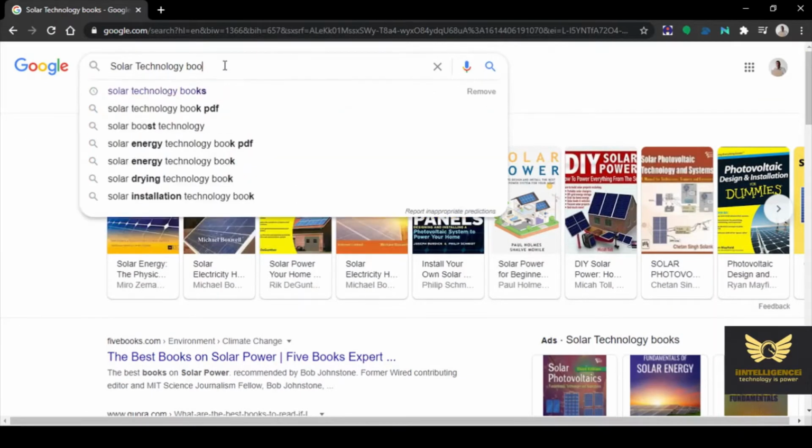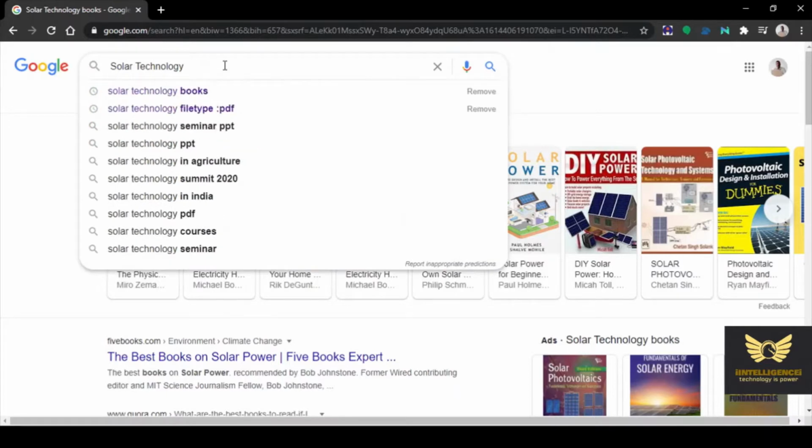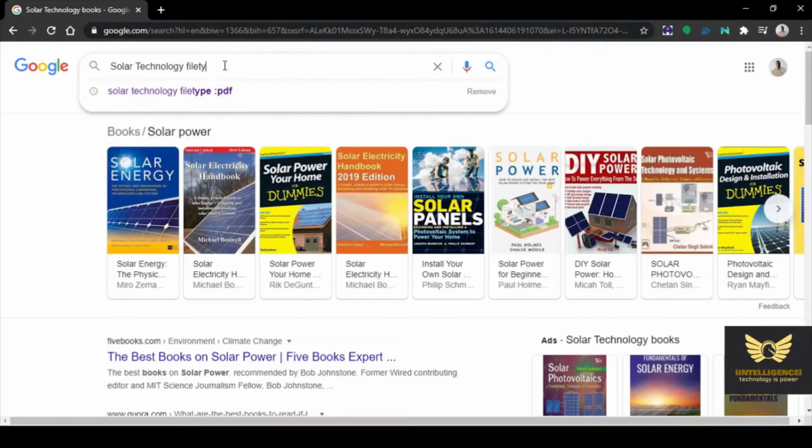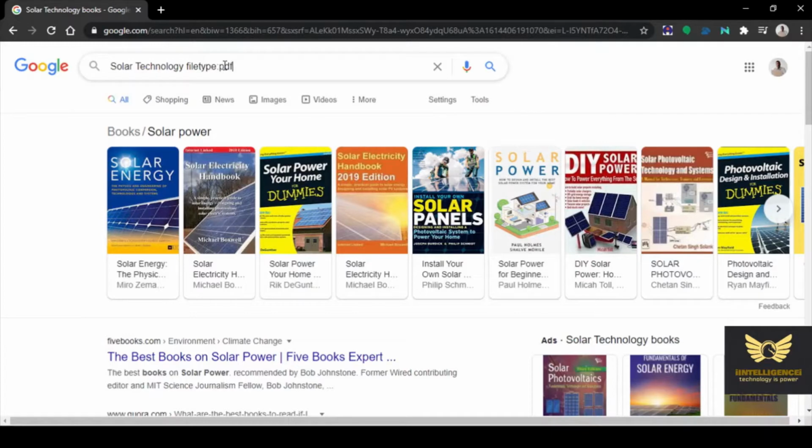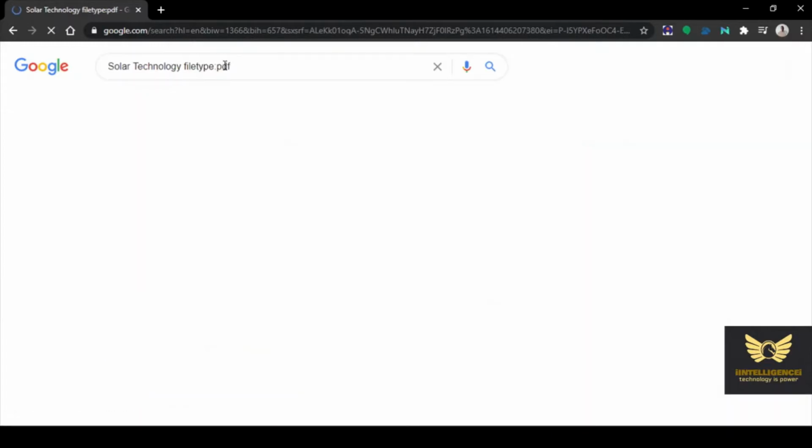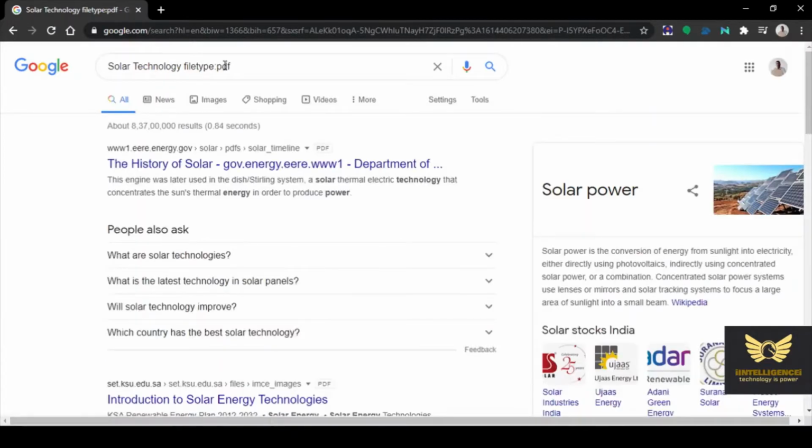So in order to do that, type the particular textbook that you want, then mention file type, colon, then PDF or Word or PPT, whatever you want, just type it.